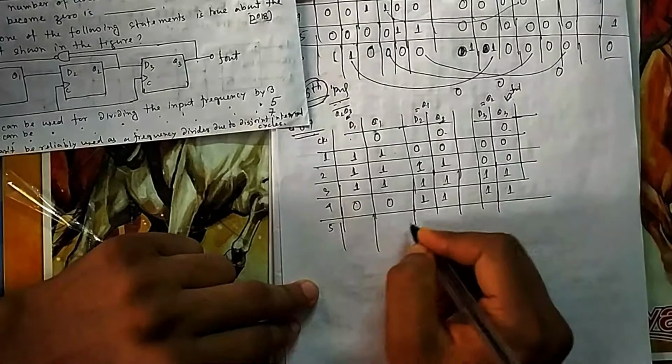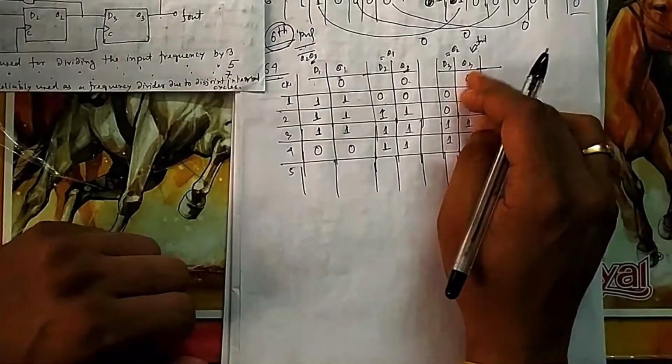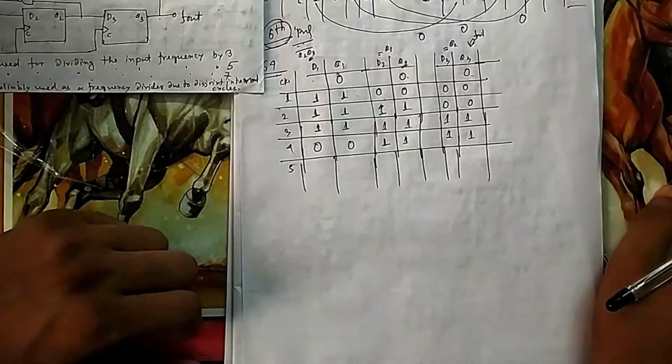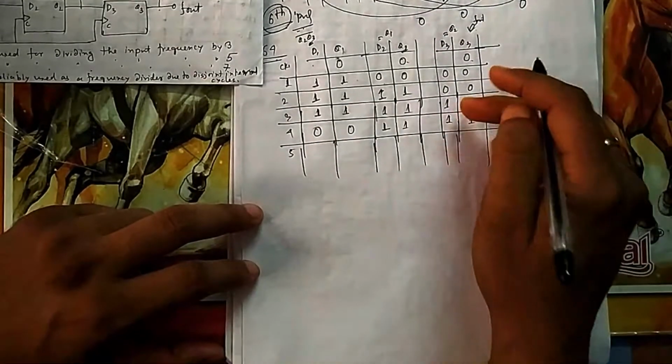Let me see the fifth one, because you have to complete one full cycle and come back to 0. We also have to complete 0, because this is our initial condition, and we don't know whether this state is there or not. So you have to go through a full cycle. 1 and then 0.